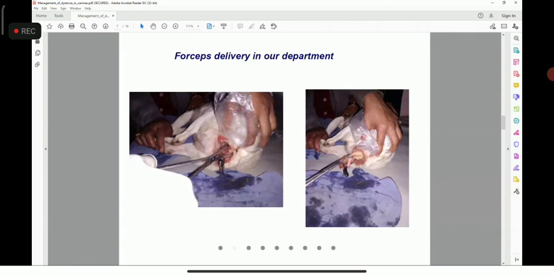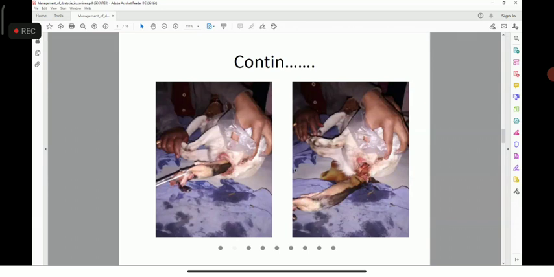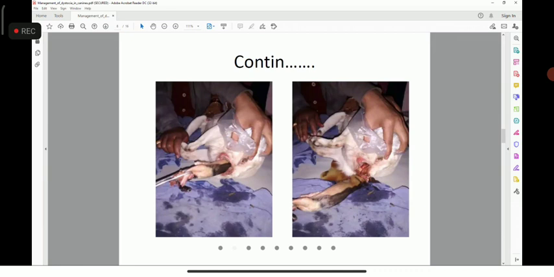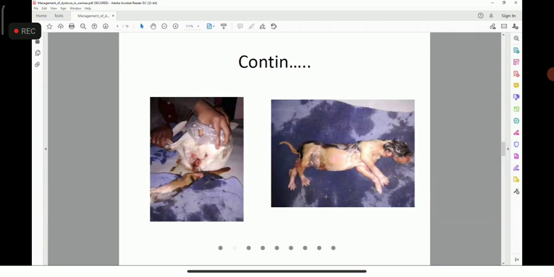Look, these are our own cases. So that's how we applied this Hobday forceps, whelping forceps, or you can use a normal one as well. So this is a posterior presentation. We grabbed the hind limb of the fetus and then applied simple traction. Okay. Look at this. Then the second position came a little bit forward. Now this, and then finally the fetus came out. Okay.